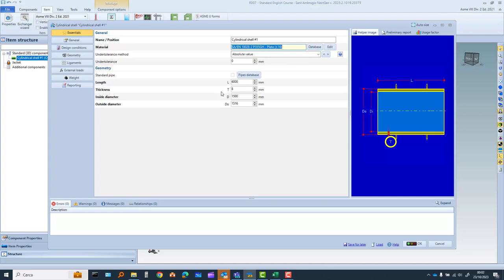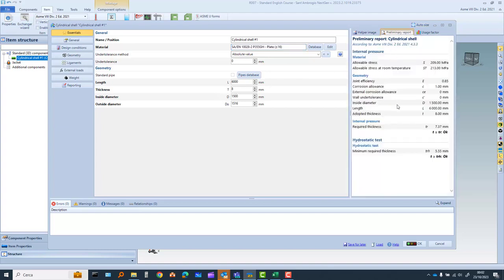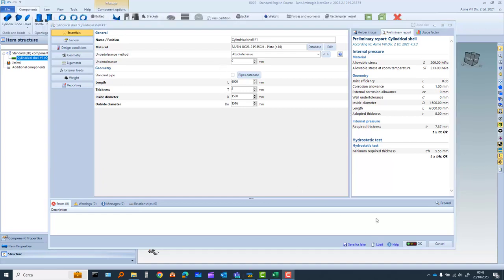you see that now we have used 8 millimeter, because the required thickness is 7.37 millimeter. Note that the under tolerance is 0, because according to ASME VIII Division 2, the 0.3 millimeter, which is the tolerance of the EN material, does not have to be considered. So we can close the